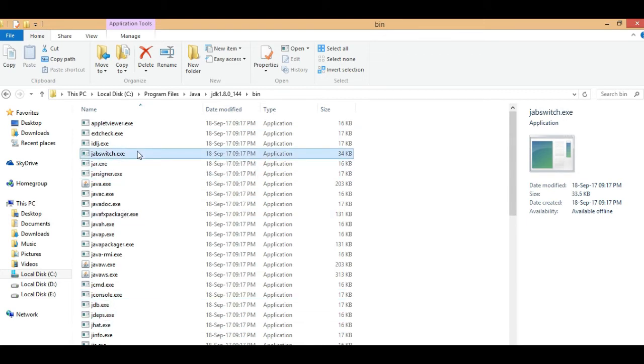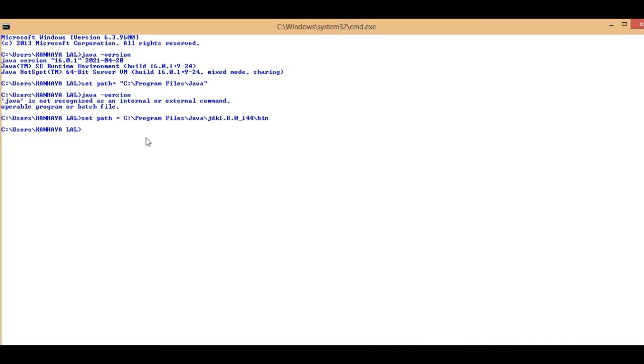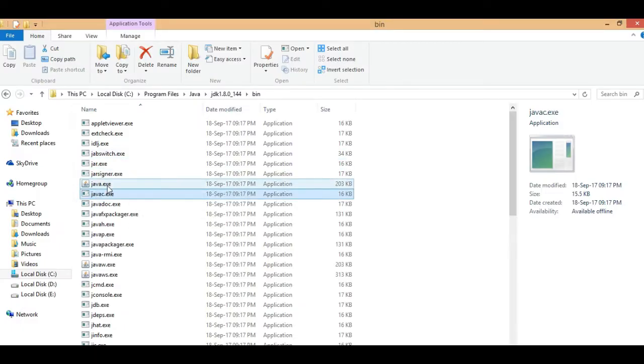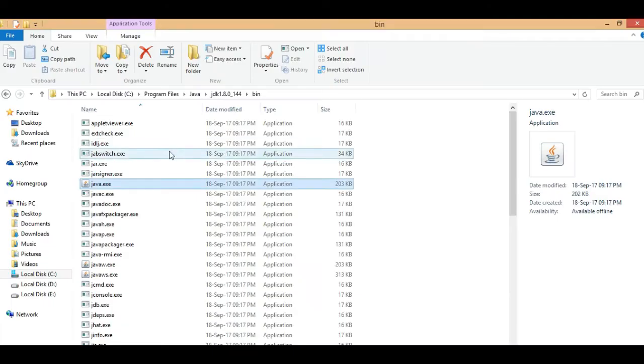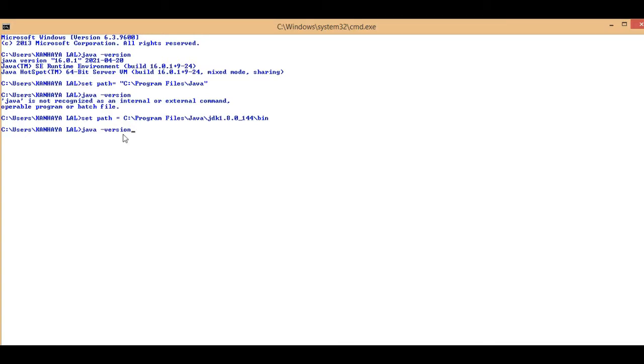So we are giving the path of the executable files, and here if I write java -version, java is the tool which is provided by the JDK itself. When I press enter, this tool will be fired. So java -version. It is not able to understand what the java version is. So I am again giving the path, set path equal to,